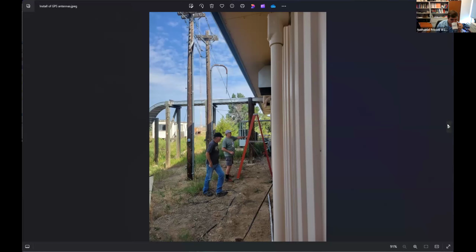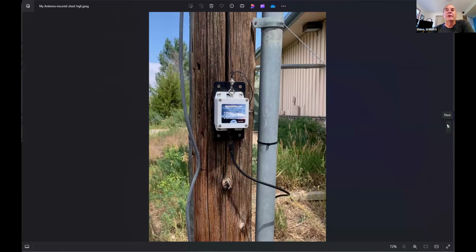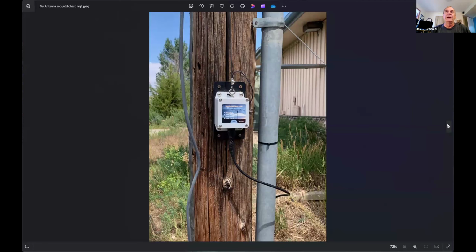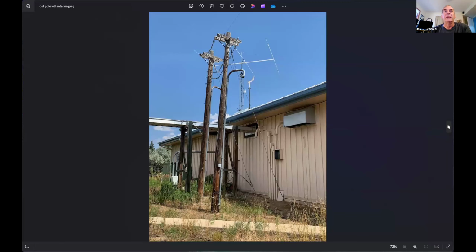We hung the antenna, a really huge deal. The antenna is hanging off of, so there's my antenna, and we don't have enough vertical height on this. I'm going to go out and put a pole in next to these telephone poles. That telephone pole used to carry the balanced line in the air over to WWV South, and then the second pole there went to the north.